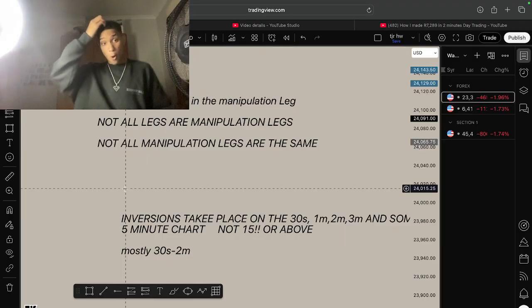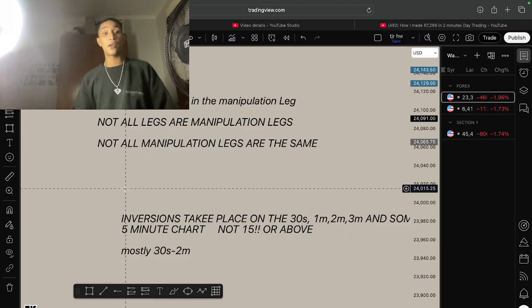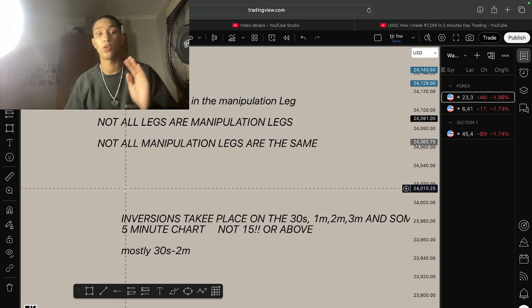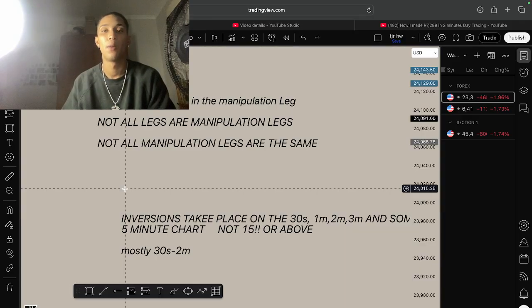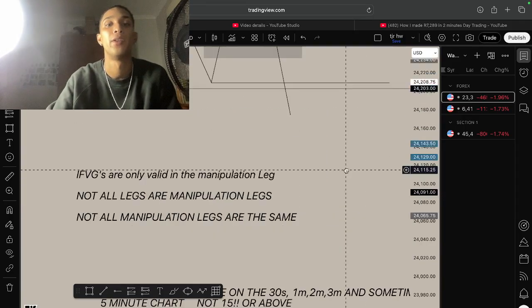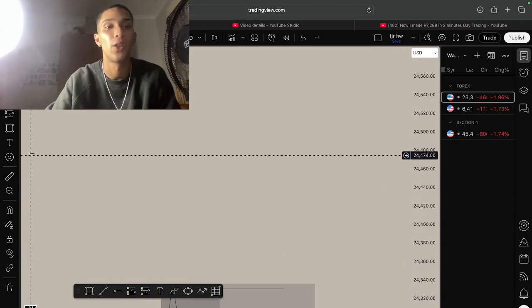And most importantly, inversion fair value gaps take place on the 30-second chart, on the 1 minute chart, on the 2 minute chart, on the 3 minute chart, and sometimes on the 5 minute chart. But you'll know when it's on the 5 minute chart because it literally looks like it's on the 1 minute. It's not,